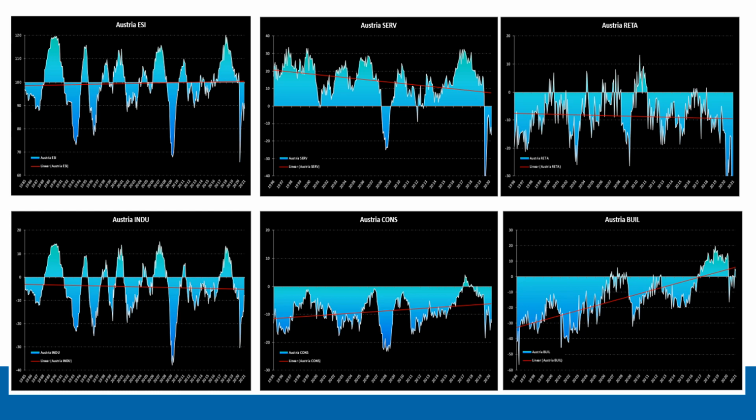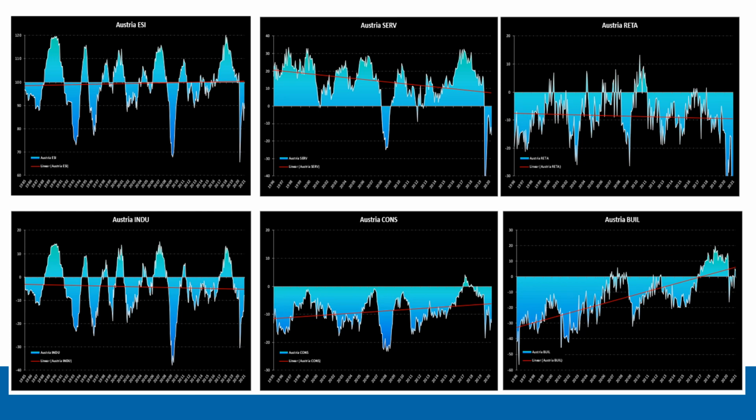So let's start going through these. On the screen, you can see Austria. Now, obviously, Austria is a very small economy in the global context, so we don't pay much attention to the contribution that these countries make to the overall Eurozone. But we obviously do pay attention and update our data in the spreadsheets monthly from a trade idea generation perspective.